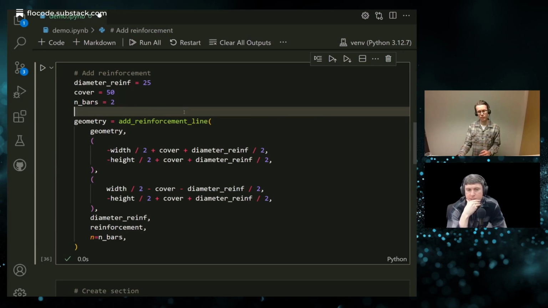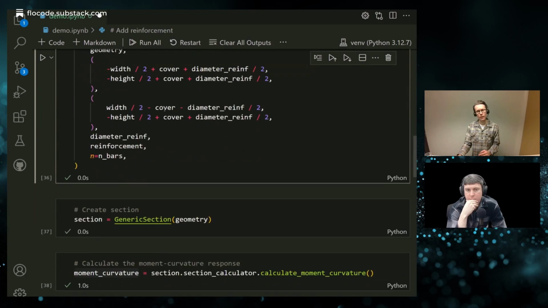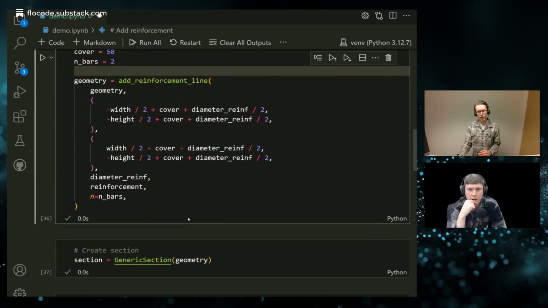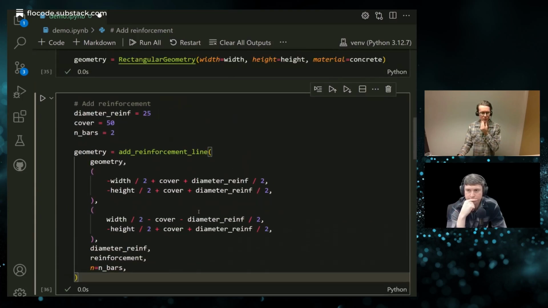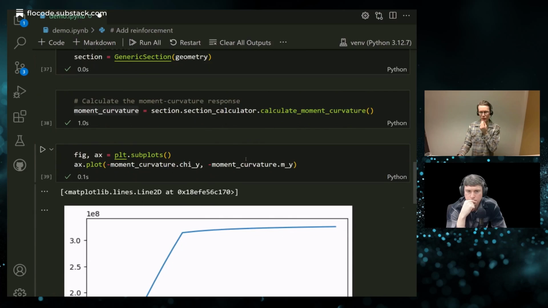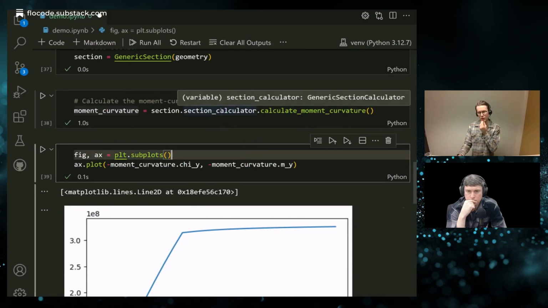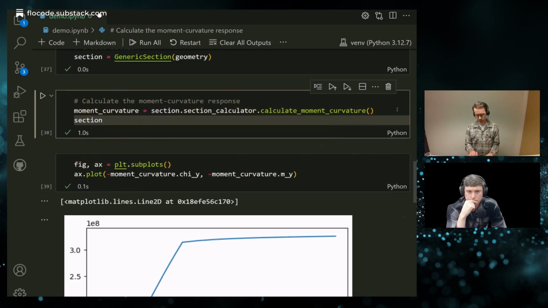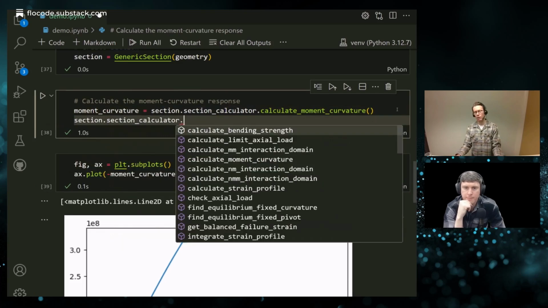Okay, so is there any other classes that you want to cover here before we zoom out and look at the overall architecture of structural codes? Yeah, well, not really. We could perhaps just browse through the available methods on the section calculator, just to have an overview over what's available. We already covered the bending strength, but you also have the